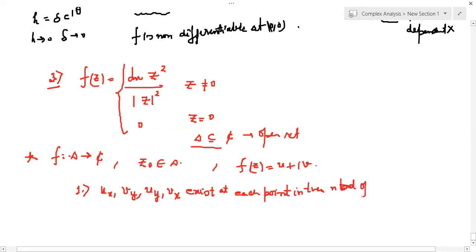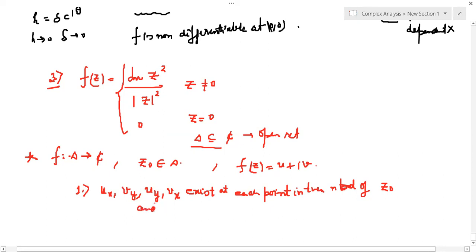Please remember, in the neighborhood of z0. And why is the neighborhood compulsory? Because you have to find the continuity also. So ux, vy, uy, and vx, these first order partial derivatives should exist at each point in the neighborhood of z0,